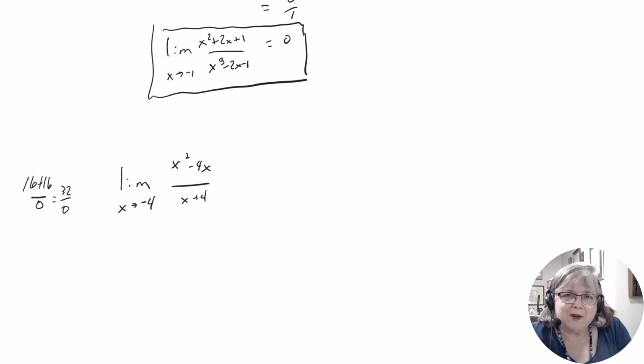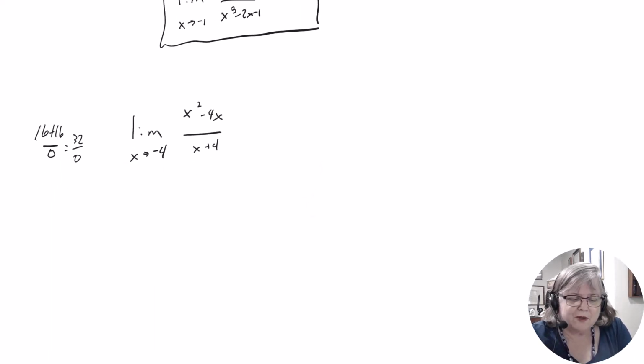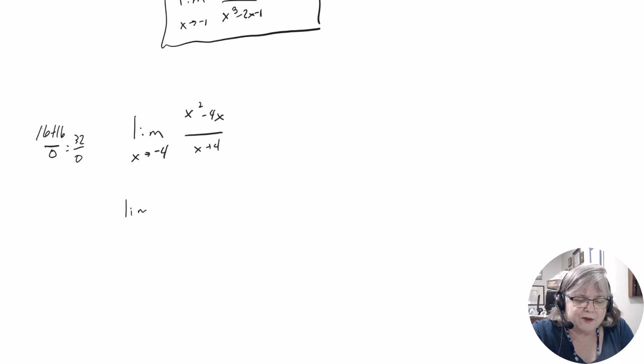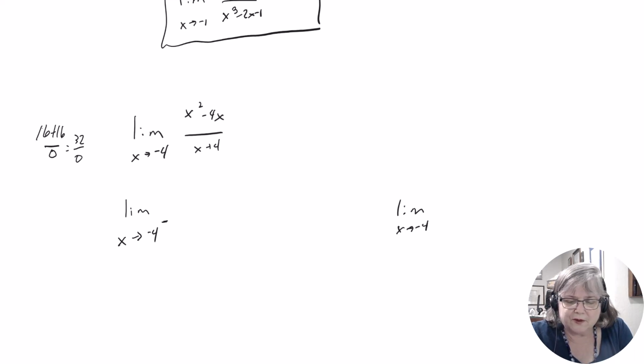And so what I called it then was that you're going to sneak up on it, because x plus 4 doesn't reduce out. It is a non-removable discontinuity. You are asking what's going on around an asymptote, a vertical asymptote. So what you have to do is treat this as what's the limit as x goes to -4 from the left, and what's the limit as x goes to -4 from the right